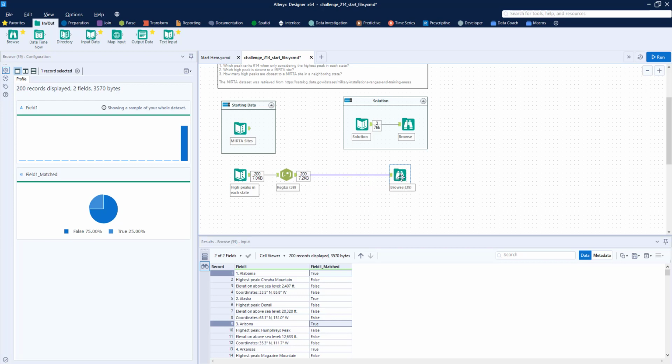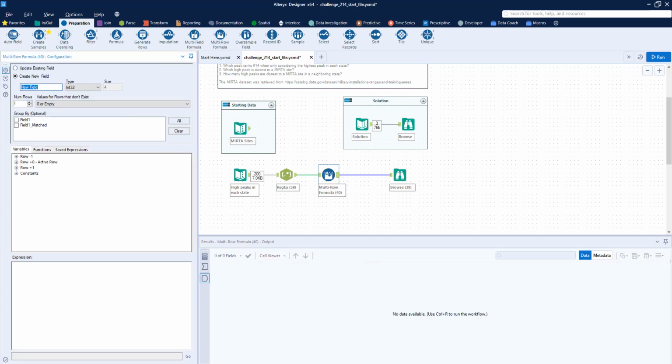So the next thing I think I want to do is create an ID field. And it's going to go 1, 1, 1, 1, 2, 2, 2, 2, and so on. So it'll be a state ID field. So we'll use a multi-row formula. Just call this ID, and this will be if the current row, so field 1 matched. So if our current row equals 1, so that means if it is a match, then